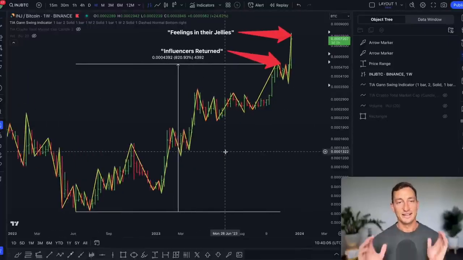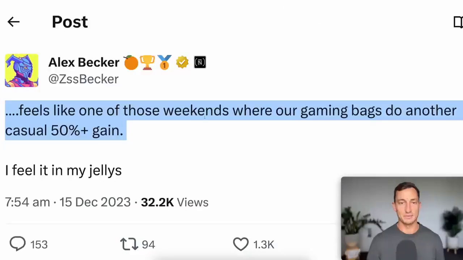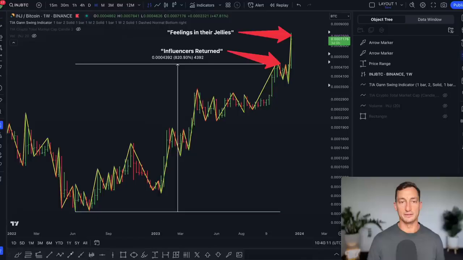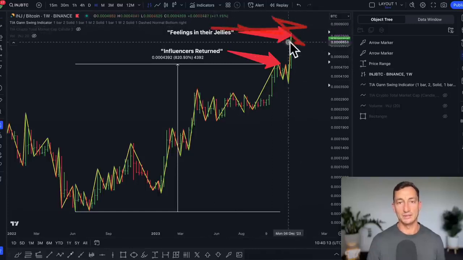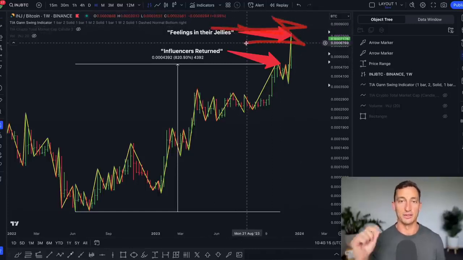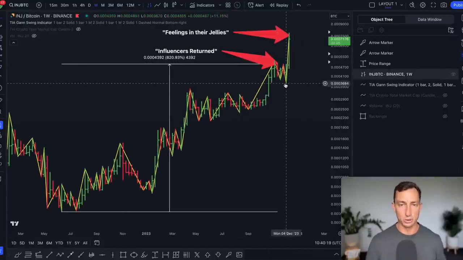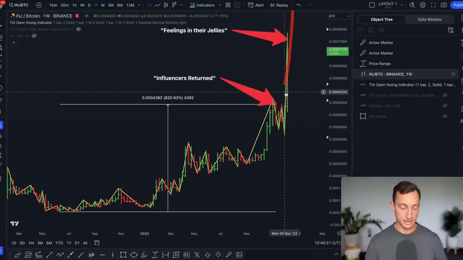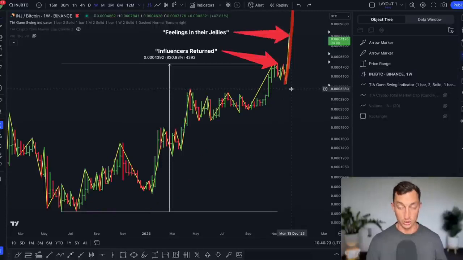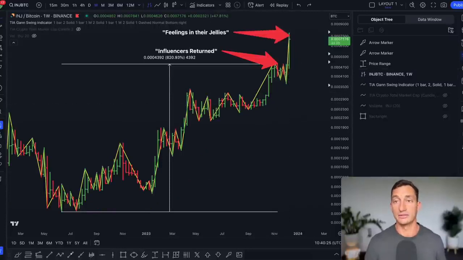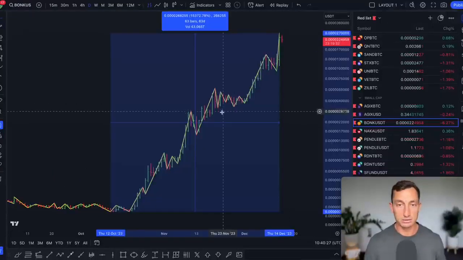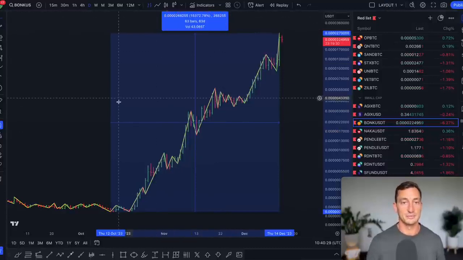All right, so Injective, these are the signals that I'm looking out for when it comes to market sentiment. I just read all this stuff, put it into play, and have a look at where it lands on the chart. Big moves already to the upside. We've got these massive moves happening very, very quickly, and it's not just on Injective either. We can see it on Bonk, which of course is Solana's meme coin, up 15,000%.